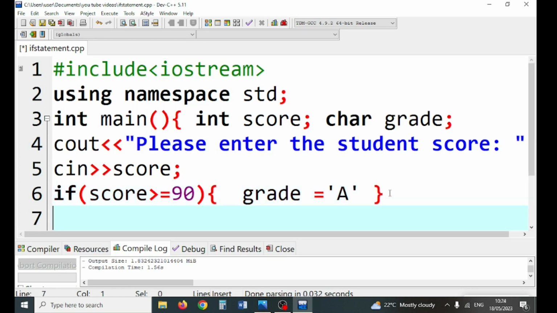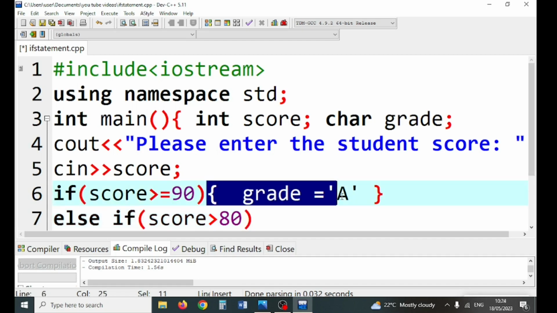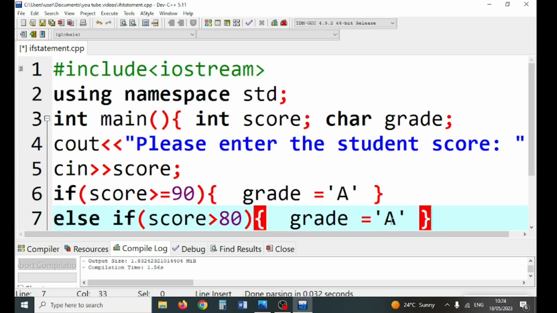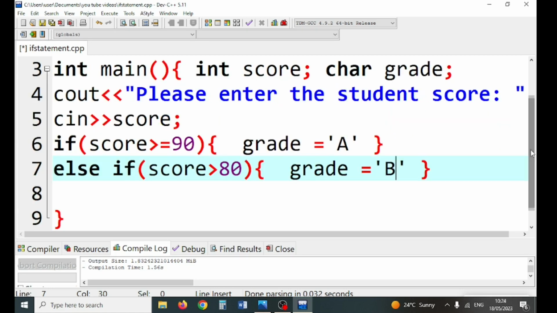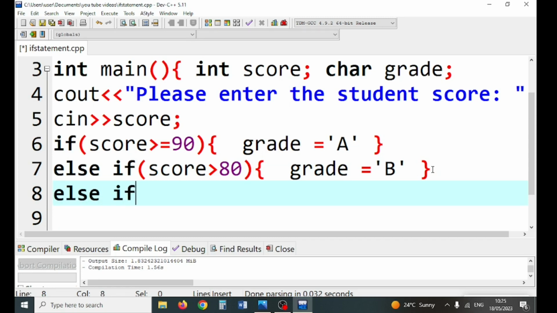Then the program can go ahead and say, if it is not 90, you say else if the score is greater than 80, what should be done? Copy that. Then allocate the grade to B. The grade should be B. If it is not, then we say else if, yes, the score is greater or equal to,